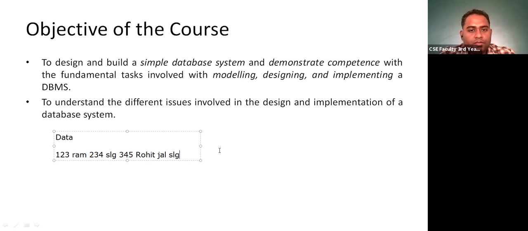Okay. So this is data. Now this is one line of data. So it can be n number of data. Can you find out any information out of this data? So there is no information. Now just see how I'm going to extract or retrieve information out of this data.